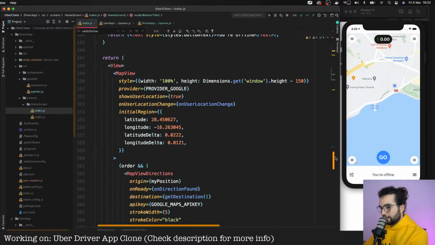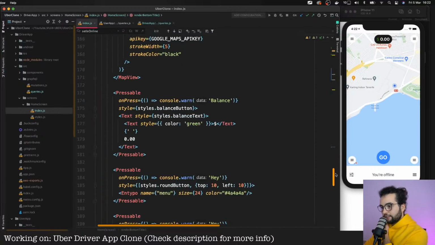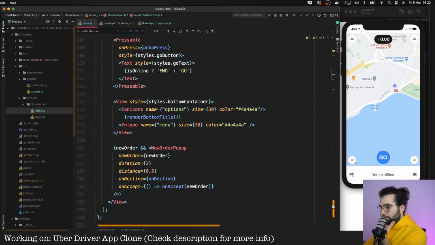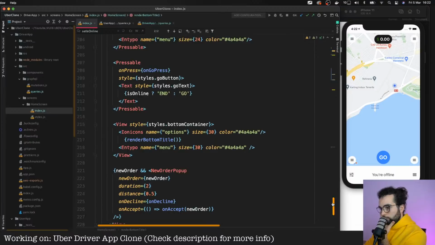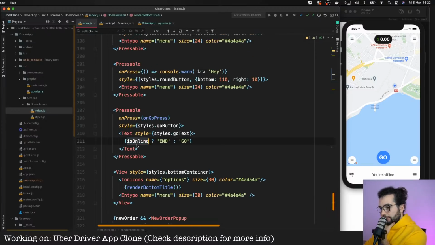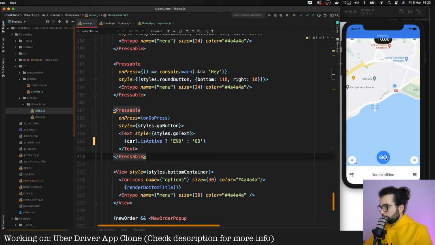We display the text of a button, go or end, based on if the user is online or not. Where is that button? Yeah, here isOnline. If it's online, we display end, otherwise we display go. So we replace it with car isActive. So if car is active, we will display end, otherwise go.